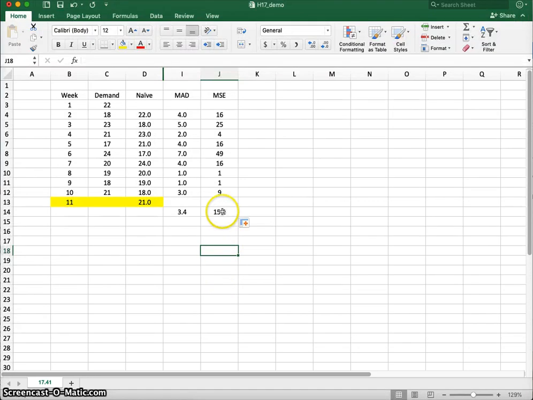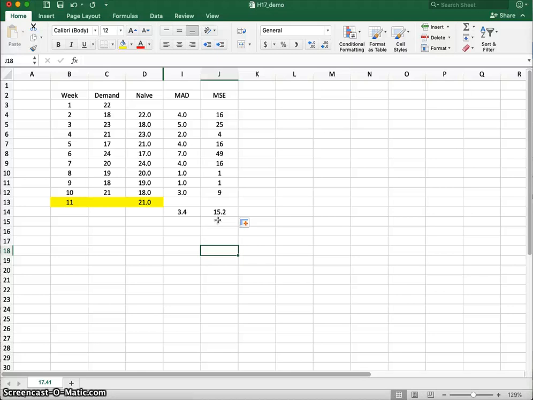So my mean squared error is 15.2. Okay, so what is that? Why do you care? Well, you care because you want to see which one is most accurate. And like I say, your book likes mean squared error, but the 15.2 doesn't really mean anything. It's a big number. The 3.4 for the mean absolute deviation, or MAD, that tells me that I'm 3.4 units